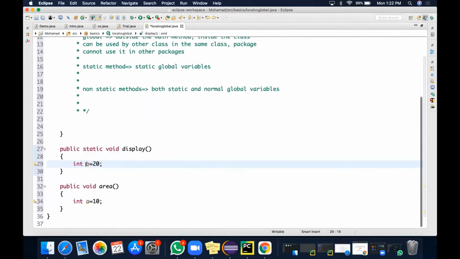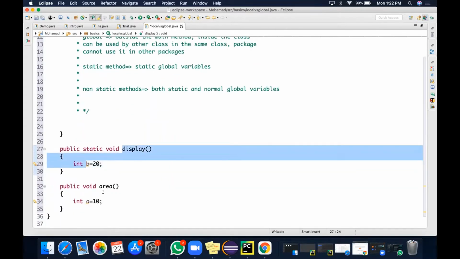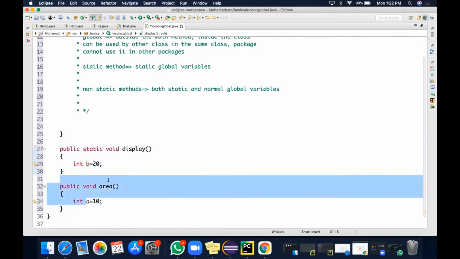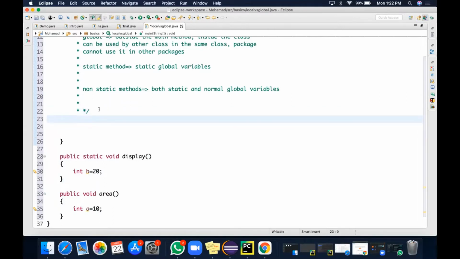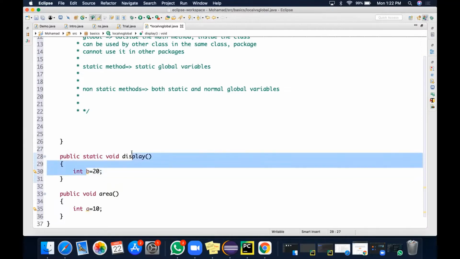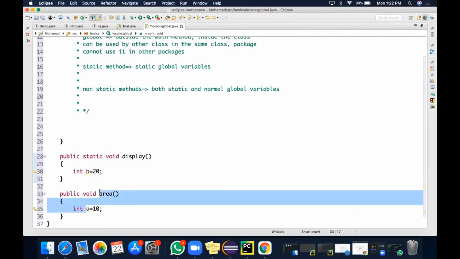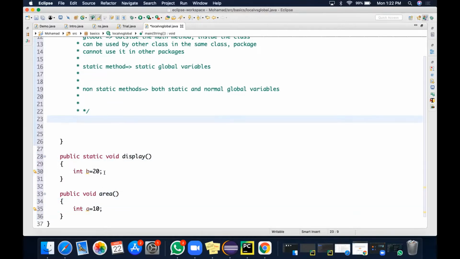So this b belongs to display only, and this a belongs to only the area method. You cannot use it outside the method. Even in the main method you cannot use it, because the main method is also a method which is outside this method. So locally defined means that variable is available and applicable only for that method.